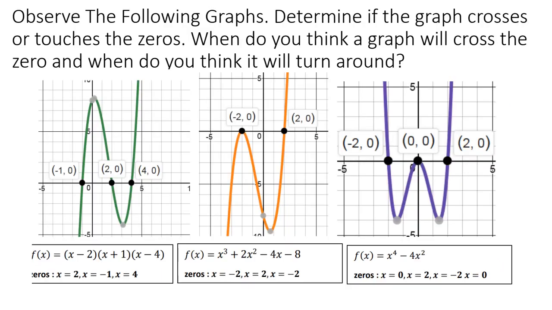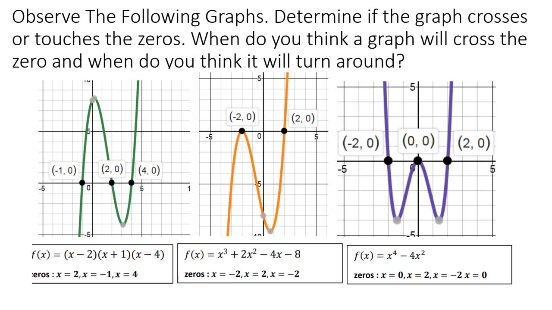Okay, so if I observe the following graphs, what we want to go over is when it crosses the x-axis. And again, as we covered already in 2.1, what Ms. Chuka said is that whenever we cross the x-axis, we have the x-intercepts. And again, another name for the x-intercepts is the zeros of our graph or the solutions of our graph, right? So that's the reason why we mentioned that, because now it's going to be important for us to know this, right? So if we look here at this first